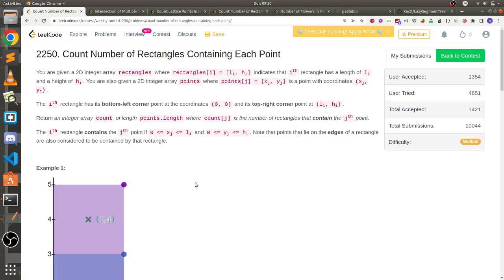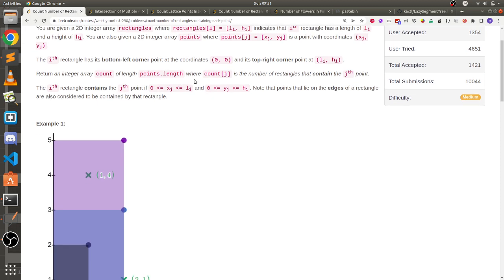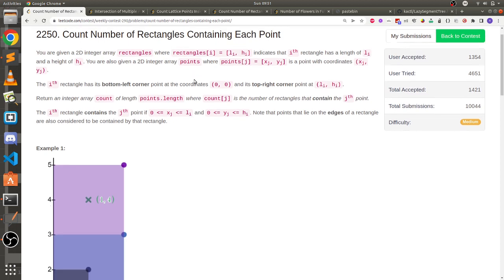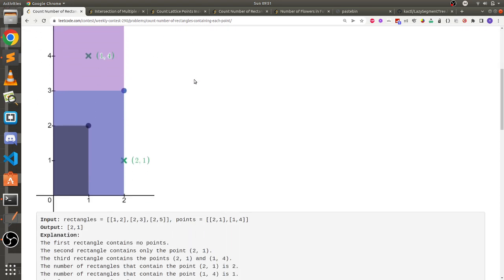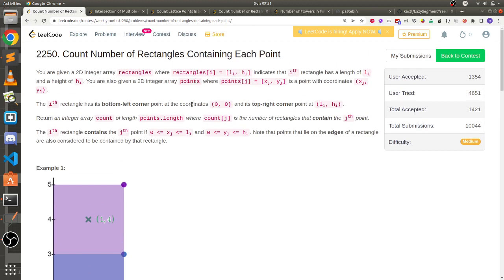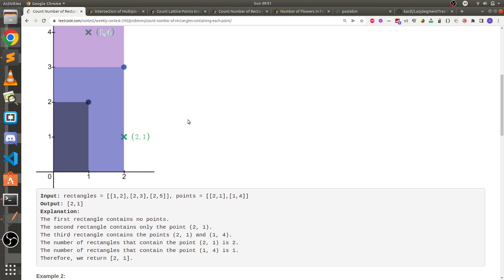Hey everyone, so today I will be explaining task number 2250 of LeetCode, and the task name is Count Number of Rectangles Containing Each Point. If you read the task, you can tell it's a classic one, a classic sweep, and the task is basically,